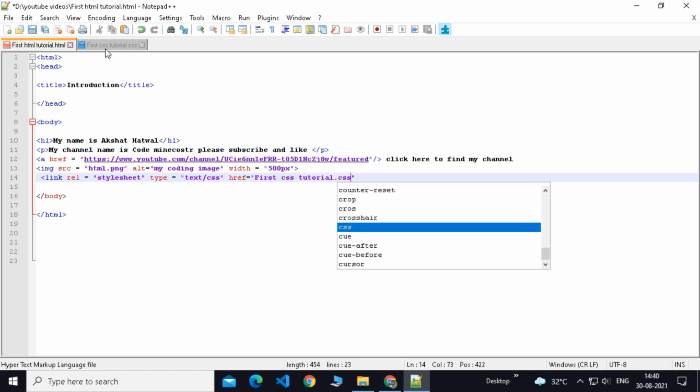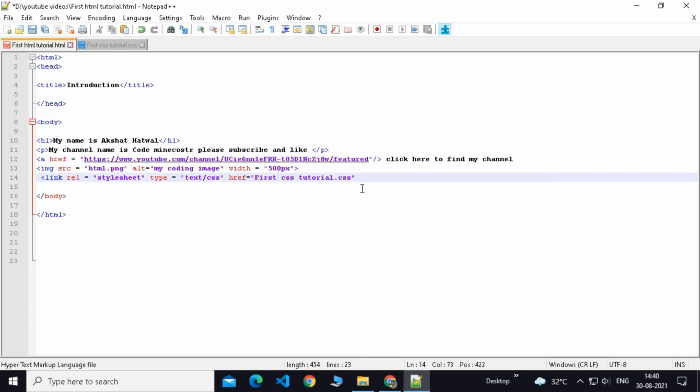You also have to type the .css extension so it can get a confirmation. Now you have to close the tag. The closing is really important, because if you don't close it, it will include the body tag also in the same syntax, and we don't want that. So we will close it.